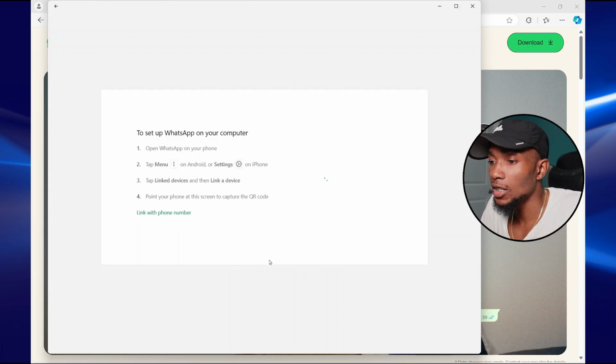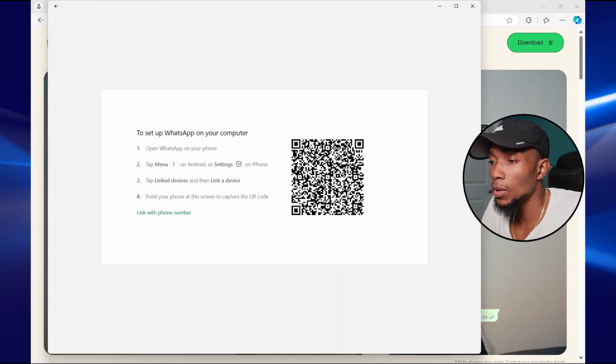Then select get started, and then all you need to do from here is just open WhatsApp on your phone. Tap the menu icon, right? Then you're going to go to settings on your phone and then tap link device. The instruction is here, and then you're going to scan the QR code on your laptop, or you have the